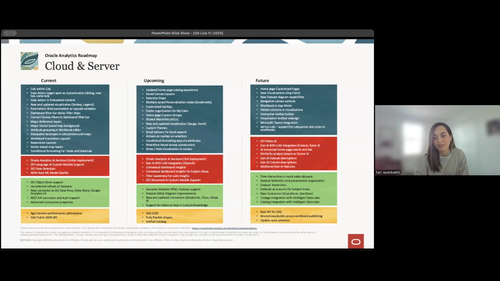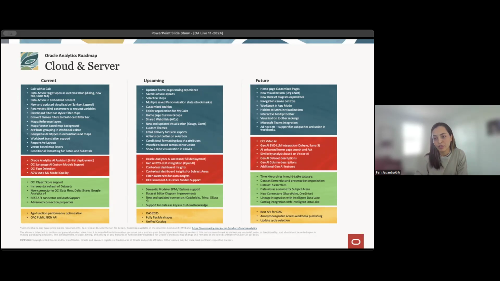Also, the saved canvas layouts is one of the highly asked features that we are looking forward to. You may have heard about the AI assistant that is available now for some of our customers with larger shapes, and it will gradually become available to the rest of our customers as well. You will hear about that in the event that Maddie just introduced.